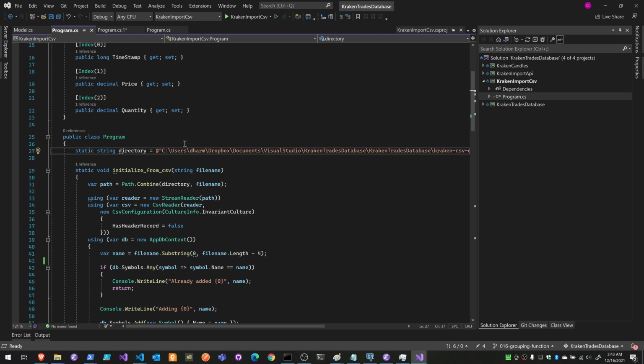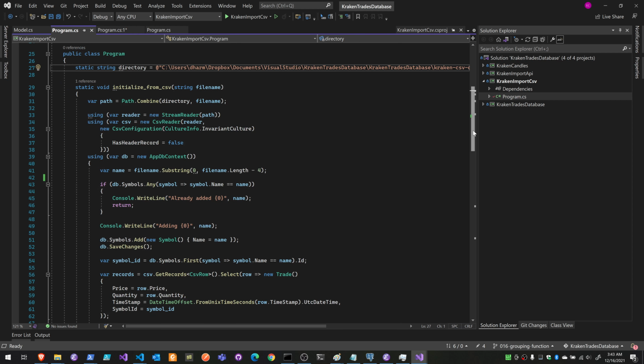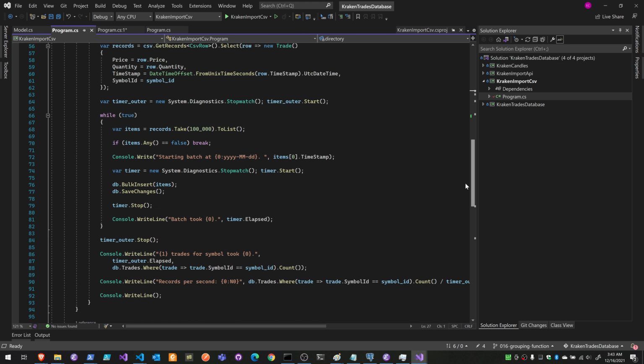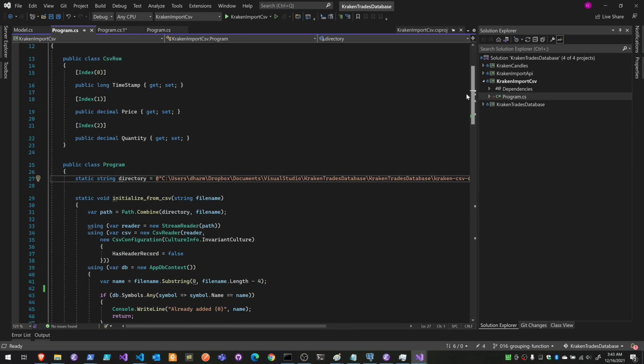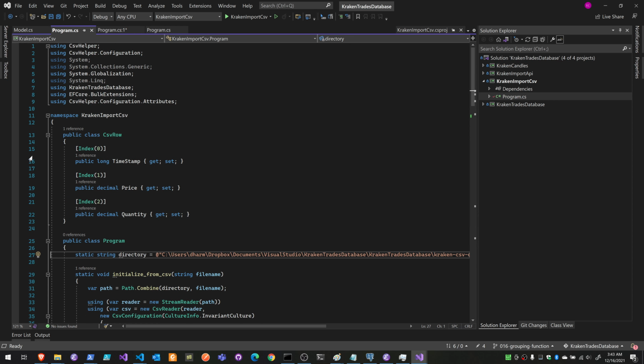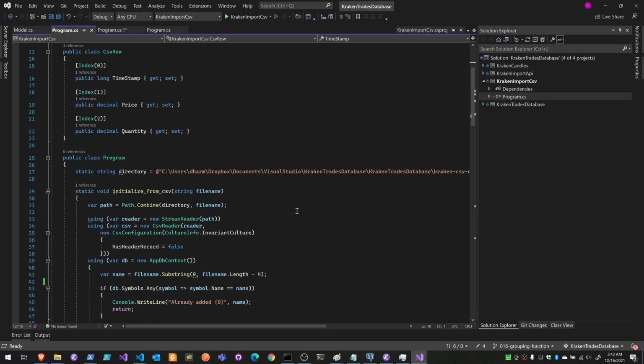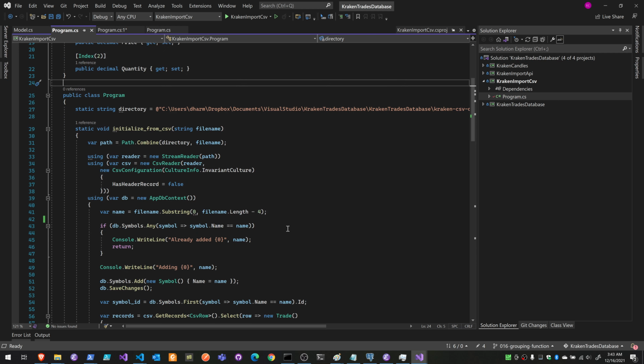You basically just set the path to where the CSV files are located, and it takes care of importing them into the database using just a bunch of Entity Framework code. And I time it because this actually takes a while. If you ingest the CSV data directly into PostgreSQL using their utilities, obviously it's going to be a lot faster. So there's some overhead here. To ingest all 16 gigabytes of CSV data, I believe last time I did it on my system, it took about 5 hours. So it's not very fast, but